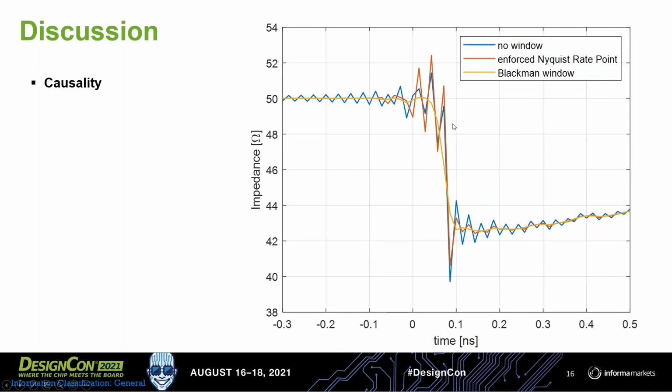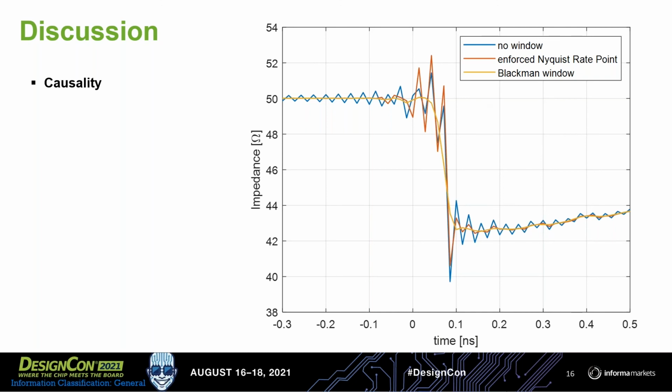So my opinion on causality is that while windowing works and takes out the non-causalities from the Gibbs phenomenon, it also can remove real non-causalities due to overfiltering. And I personally prefer to enforce the Nyquist rate point instead of simply using a window to get rid of this. And I find it to be the best way to get the most out of my S parameters